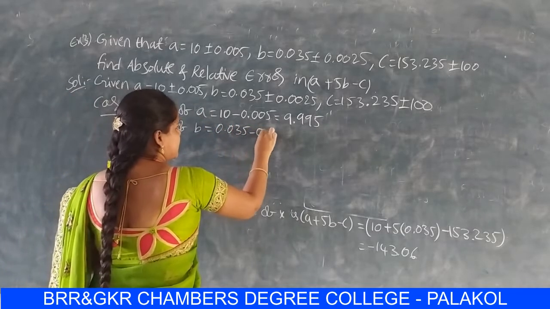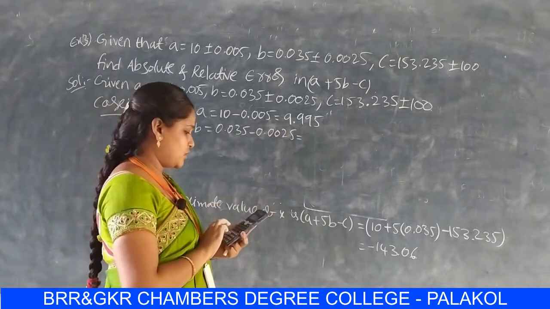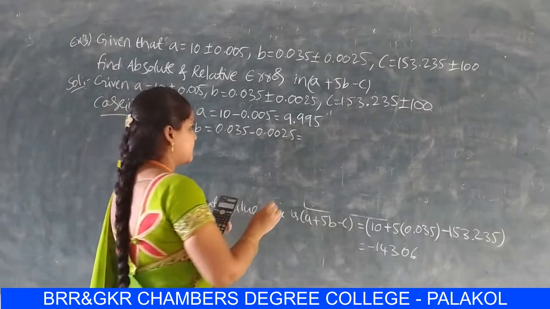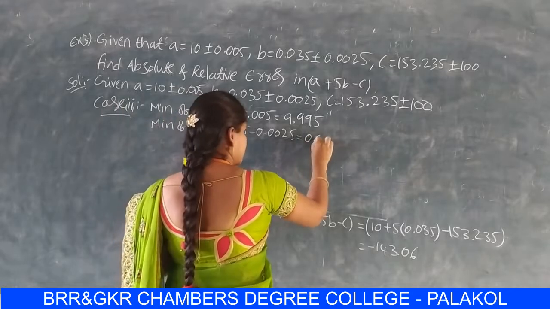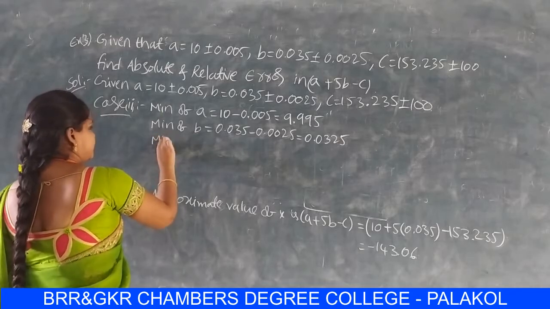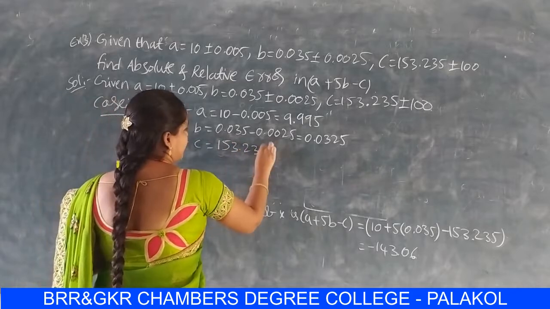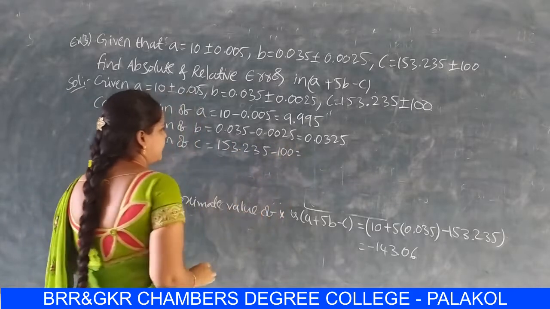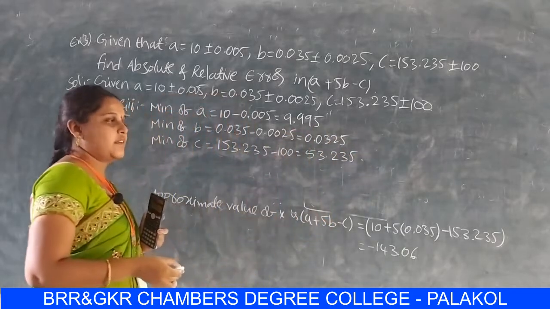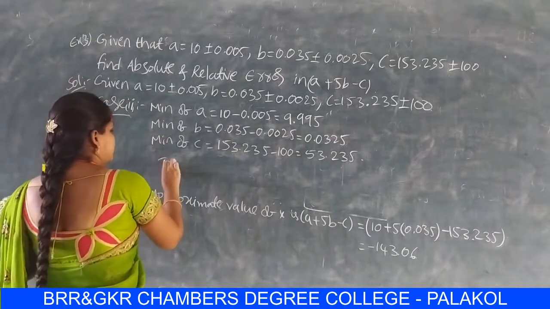0.035 minus 0.0025, which is nothing but 0.035 minus 0.0025. So this is 0.0325. The last value is minimum of C, which is equal to 153.235 minus 100, that is 53.235. So this is case 2, the minimum of A, B and C. So now the next value is the true value